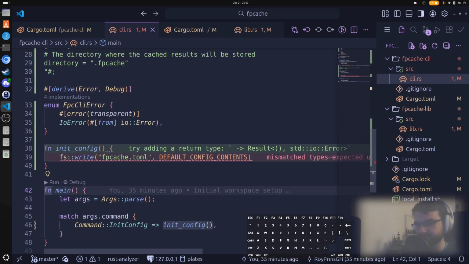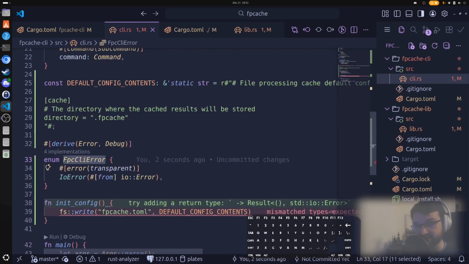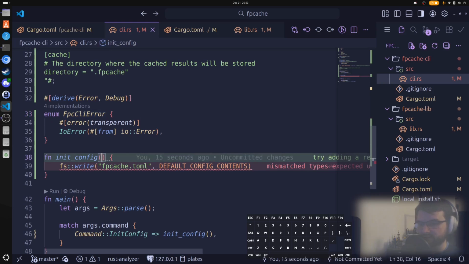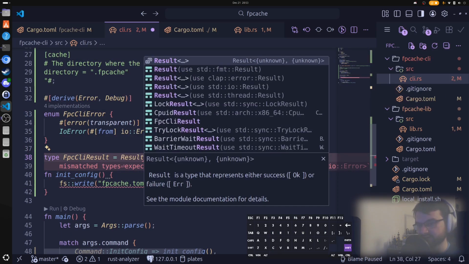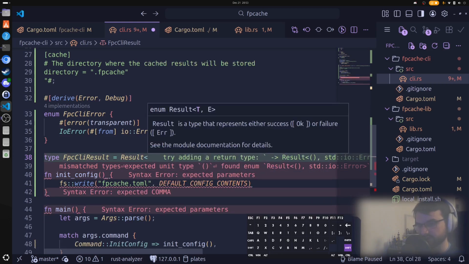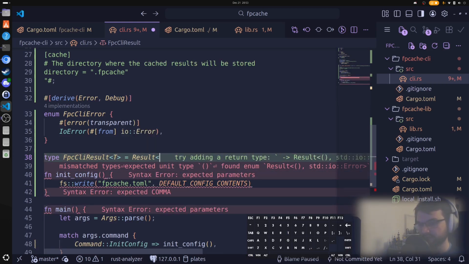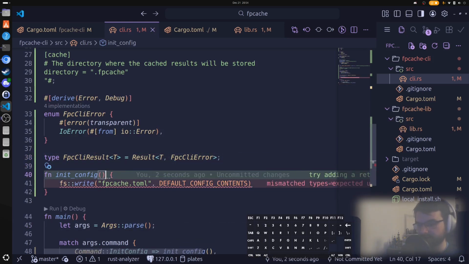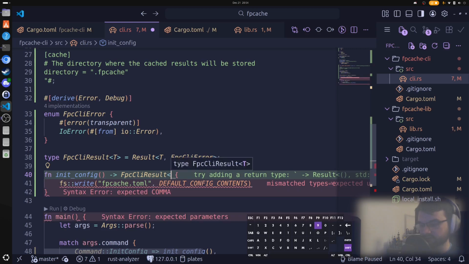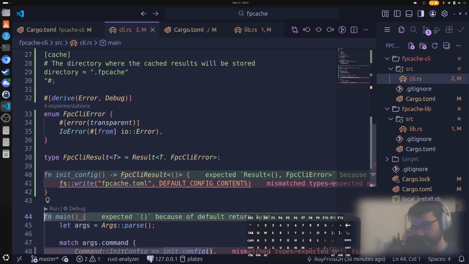Obviously, it's imported. So this creates a thiserror, and the whole idea of thiserror is it generates a Display for you and it generates an Into<Box<dyn Error>>, which you want to do here. So what we'll do is say type FPCCLIResult is just Result, well, the FPC error, right? So that's fine, and then this will be like a